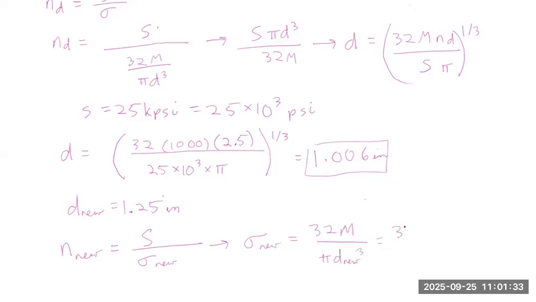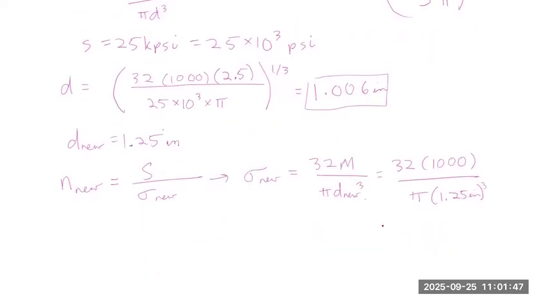And this is equal to 32 times 1,000 over pi times 1.25 inch cubed. So the new factor of safety when we calculate this out is equal to